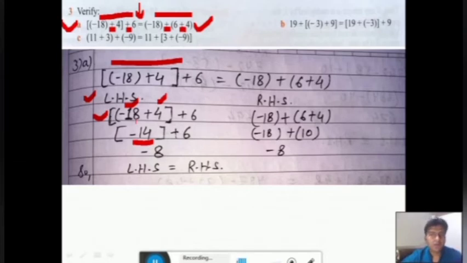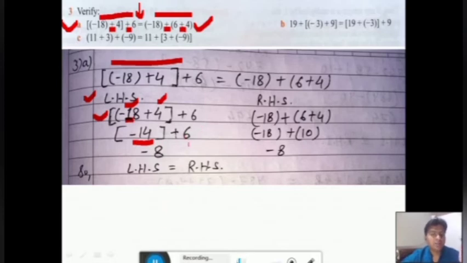You also remember that the bigger digit's sign will come, and how you will identify whether you have to add or whether you have to subtract. If different signs are there, then you have to subtract the numbers. If the same signs are there, means plus plus, you have to add the numbers. Here different signs are there, minus 18, minus and plus. So you have to subtract the numbers. After subtracting, you have to decide which sign will come: the sign of the bigger digit. The bigger digit is 18 here. So the sign of 18, that is minus. So minus 14. Now plus 6.